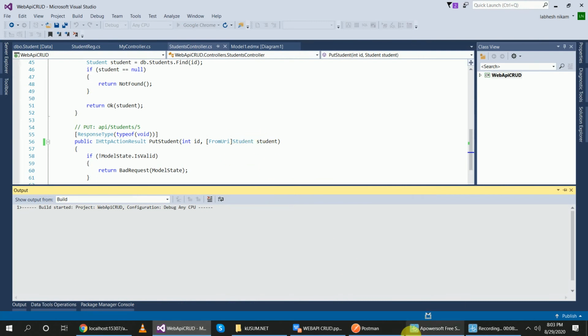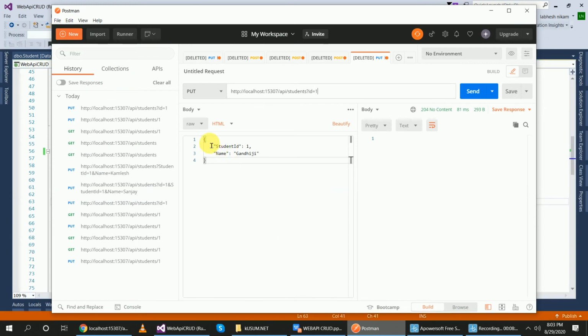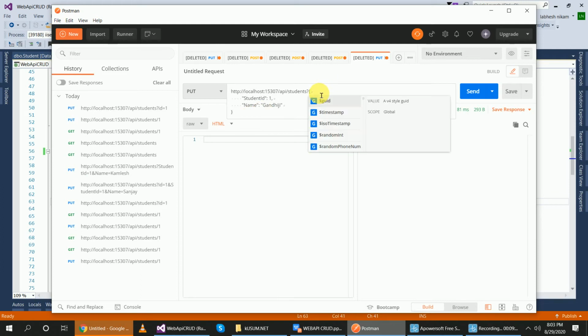I will remove this data from here and pass it in the URI. Now how to pass it? Remove these curly brackets and student ID equal to 1.